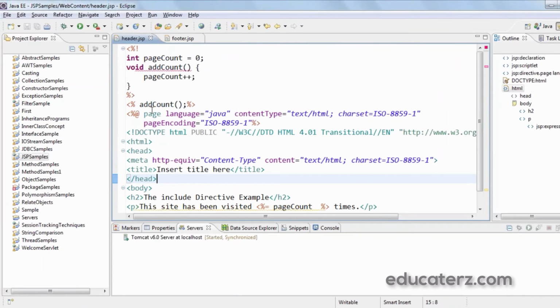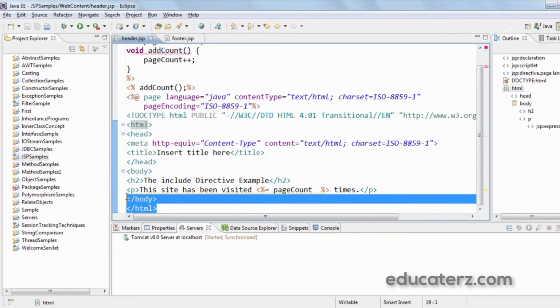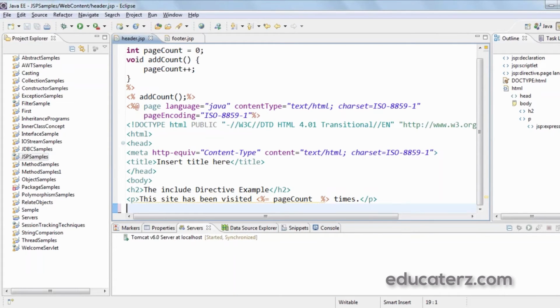Another JSP has already got the tags open and closed. So we need to be very careful. In header.jsp, I need to remove the body and HTML closing tags because I need to add the other JSP's content as well. So I'm just removing this.